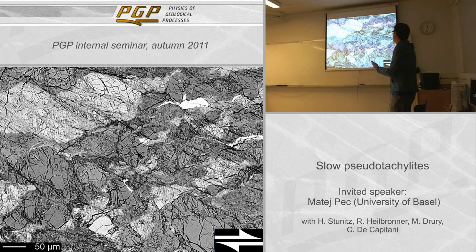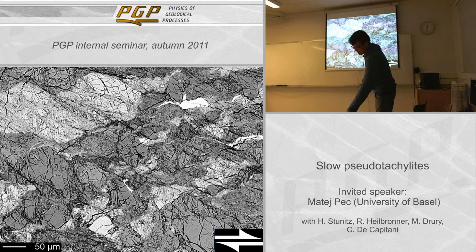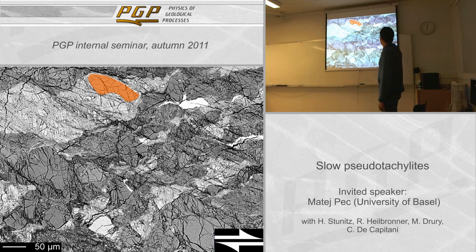If we look a little bit closer, we can see the pervasive Riedel shears, and in between those Riedel shears we can see some larger survivor grains that can be well identified at a given magnification. They usually have an orientation which is antithetic to the induced sense of shear, which would be here top to the right, and those